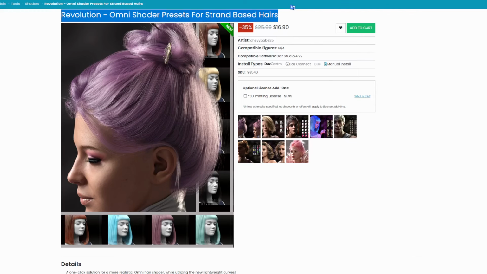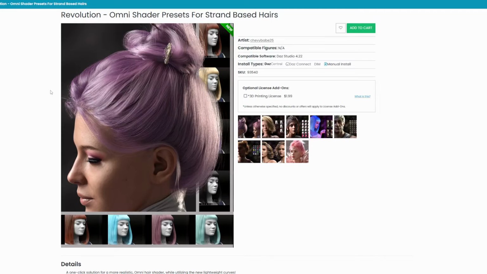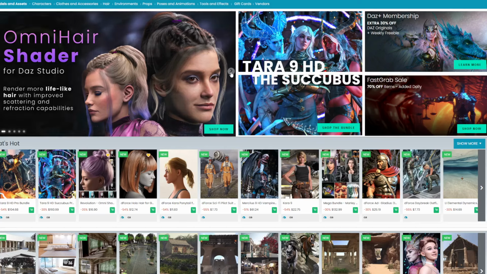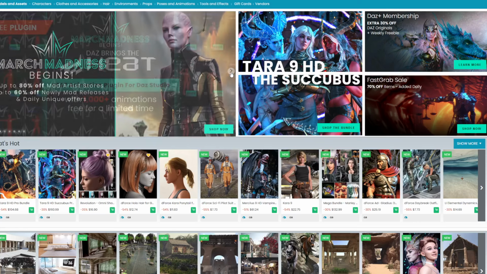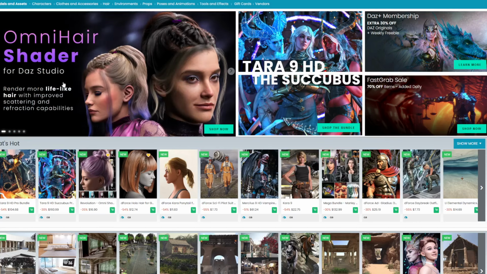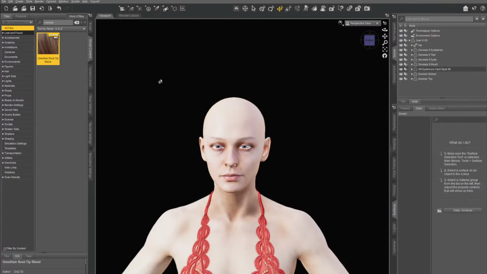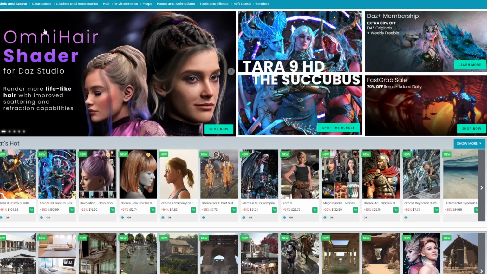But basically, what OmniHair is, it's the new shader system. It's a new material that Iray is using, and we can see from there what it is. So basically, I've got a character here. I bought one of their OmniHairs that they said get. But the one thing you need to know is this does not work with